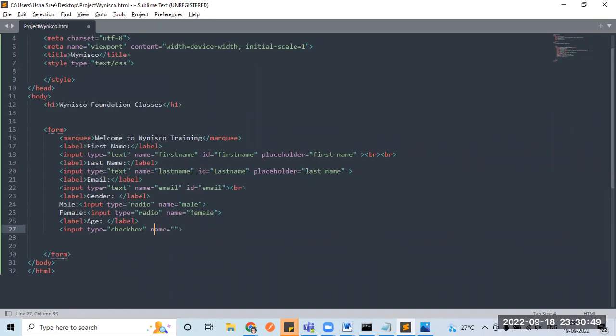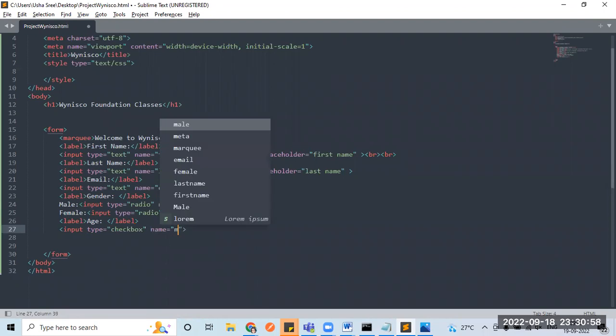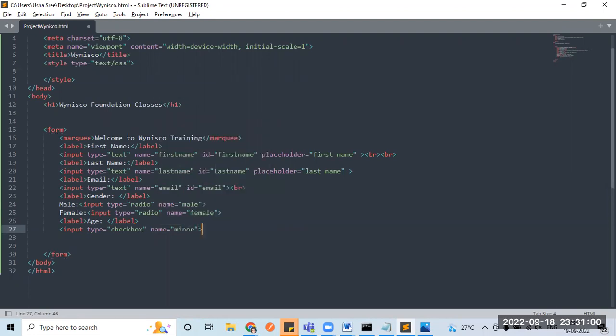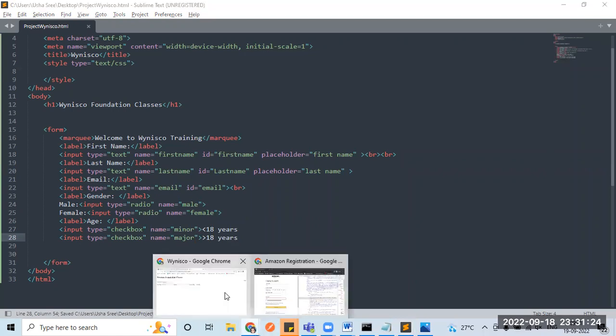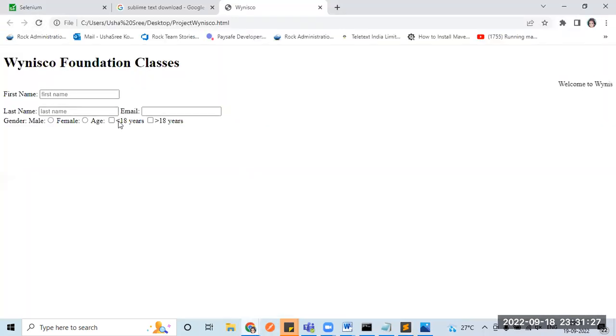Whatever you want as a type, you need to mention. If it is a text box or a radio button or a checkbox, everything you need to mention in the type order. So minor and major. For example, minor means less than 18 years. So now I have entered input checkbox, minor 18 years is 1, and checkbox major, which is greater than. Okay, so I have given 2 checkboxes. So let me just click go. I couldn't see any